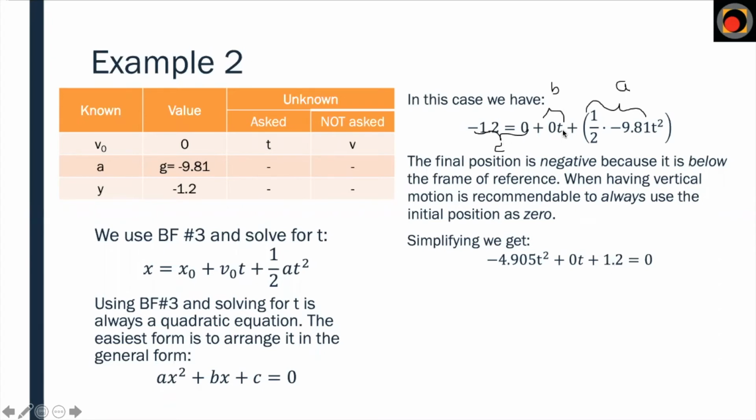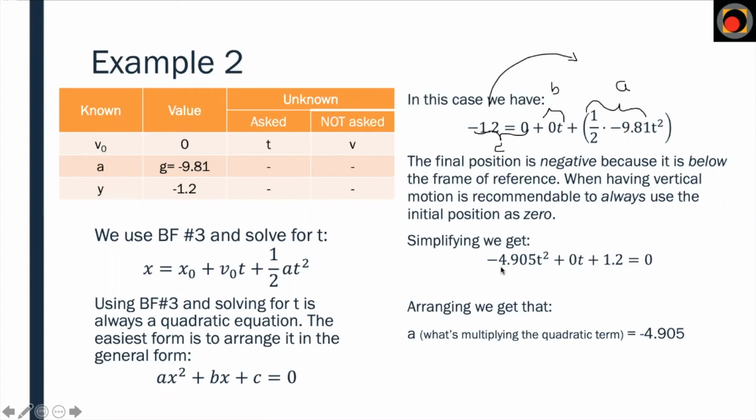Look, everything has to be on the same side. That means that we have to move this to the other side. That's why it turns positive, because all the terms should be on the same side and it should be equal to 0. So, as I said previously, the coefficient that is multiplying the quadratic term